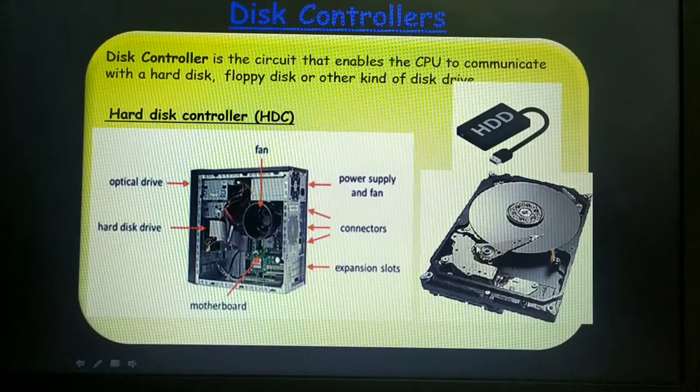Here the data stored in the hard disk will be in electromagnetic form, as we have studied in first PUC, like pits and lands, isn't it? So the data will be stored in electromagnetic form here. In such a case, we need what? The disk controller, which acts as an interface that connects your data, that is zeros and ones, and provides it to the CPU for processing, by allowing the computer to fetch the data, to read and write the data on the hard disk drive.